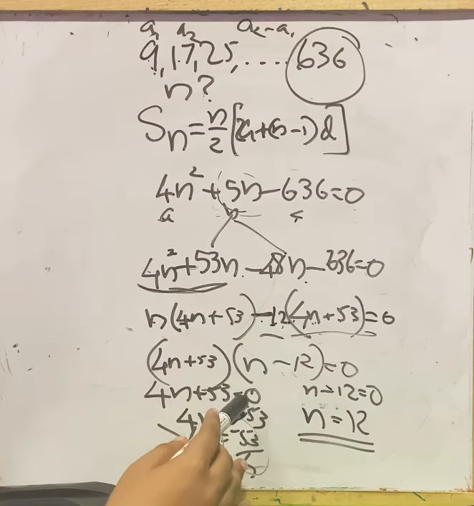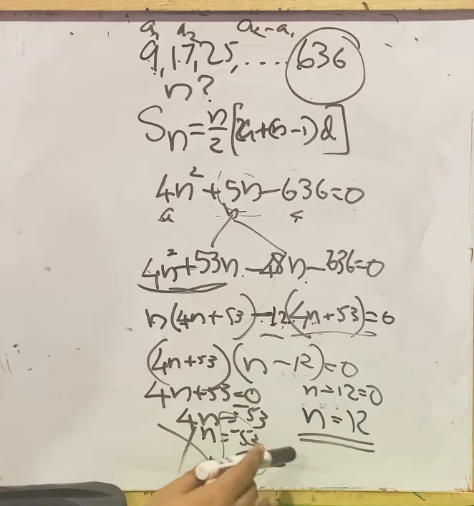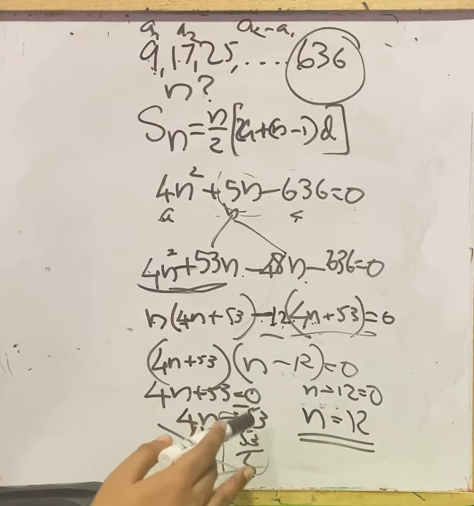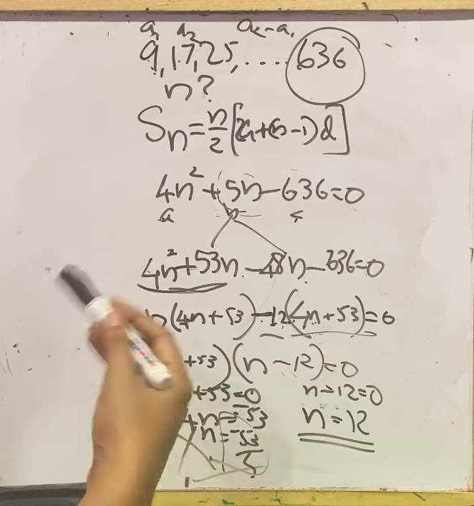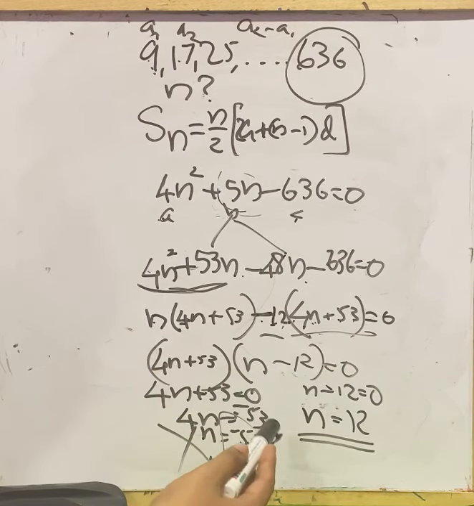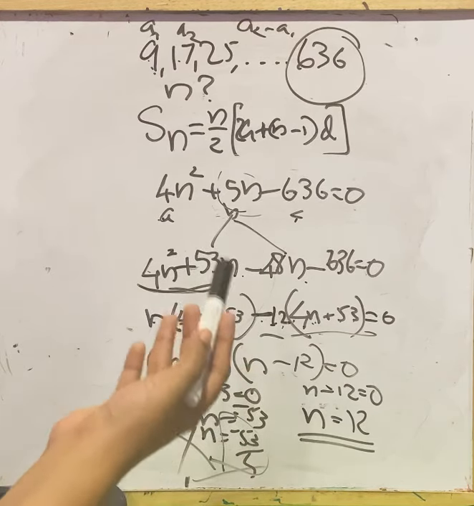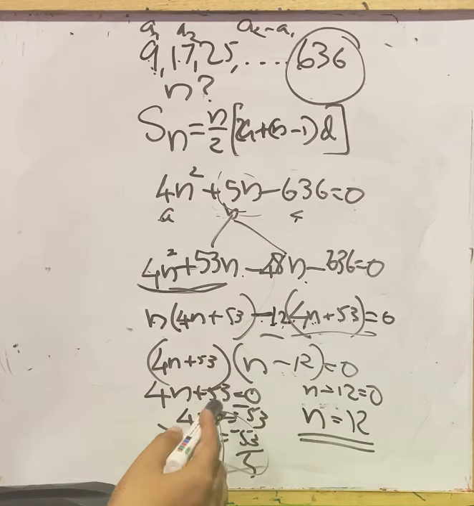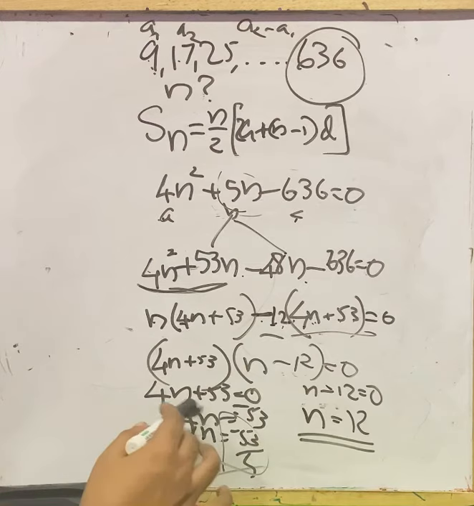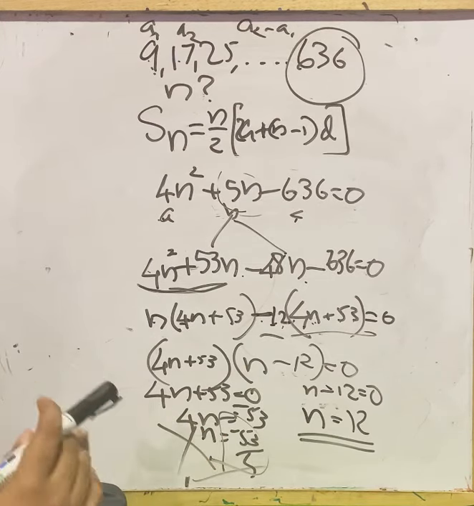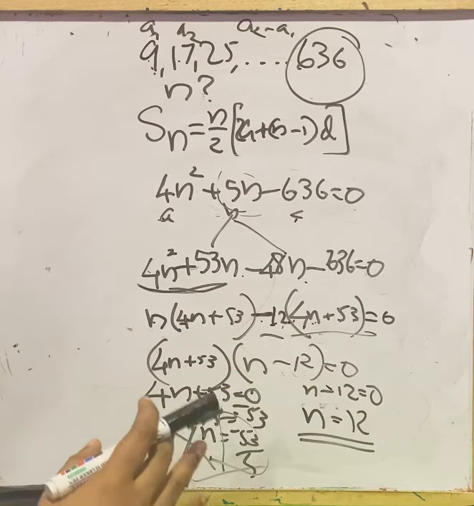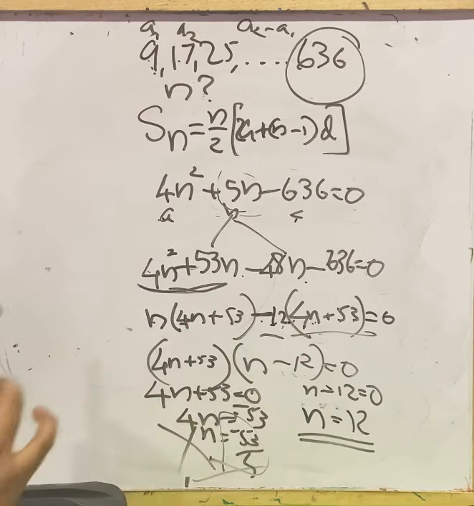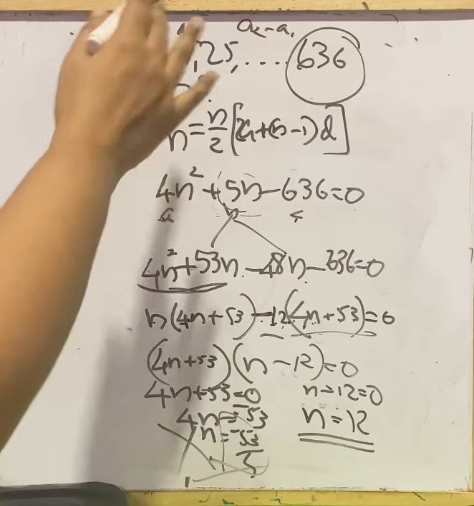Here you may get confused, thinking that if we are finding the value of n, then you will always get one positive and one negative value. No, it is not like that. You can have both values of n negative. Then you will say there is no solution for that problem. Or you will get one negative and one positive. Then you can take the positive one, and don't consider the negative. Now there is another case, that is both values of n are positive. In that case, you have to consider both values of n and then apply them in the question.